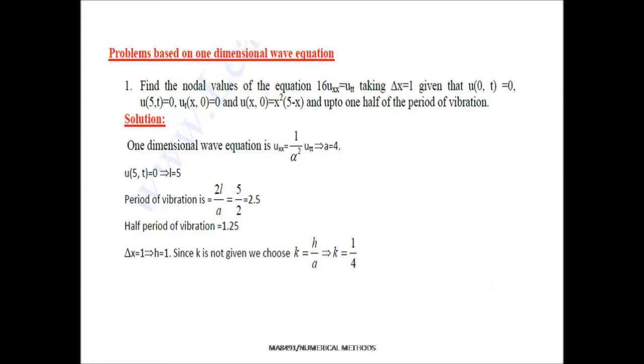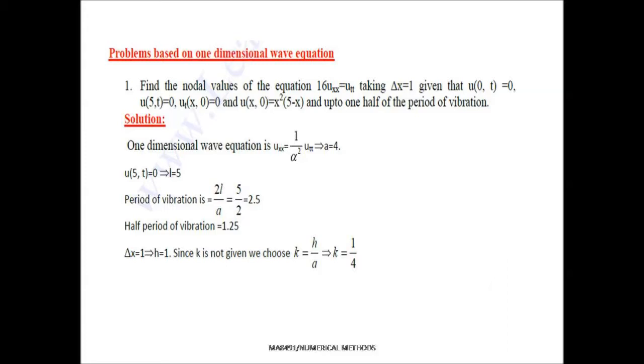They are asking you to find the values which are inside the table. Now, how we are going to identify it is a wave equation is by observing the given equation. See, it is in the form of a square uxx equal to utt. First we are going to identify which equation this is. So we know that it is the wave equation. Therefore, for the wave equation we have only one type of formula, so it is very easy.